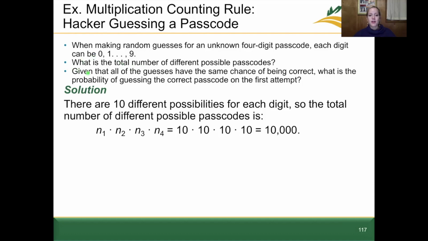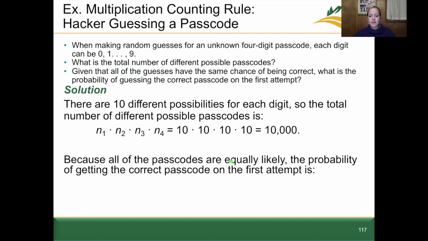This next part of the question, given that all the guesses have the same chance of being correct, what is the probability of guessing the correct passcode on the very first attempt? Now, this is saying that we have one attempt, but we had 10,000 different ways of using that first attempt. So now the correct answer here, we have a 1 in 10,000 shot of getting this passcode correct on our first attempt. If we divide this out, that's really a probability of